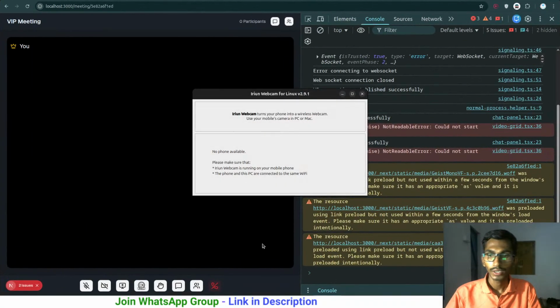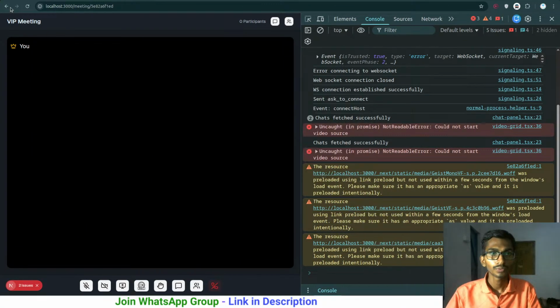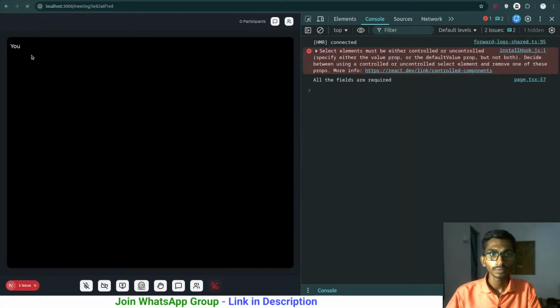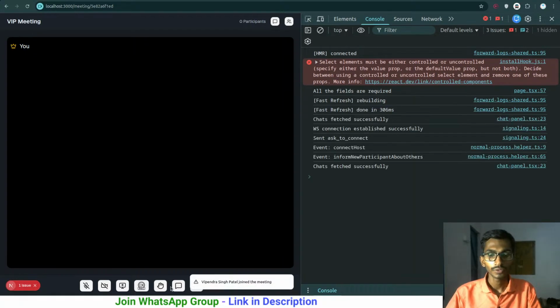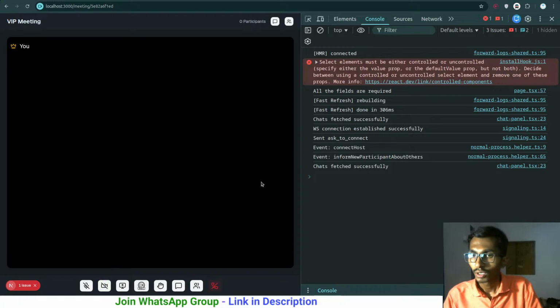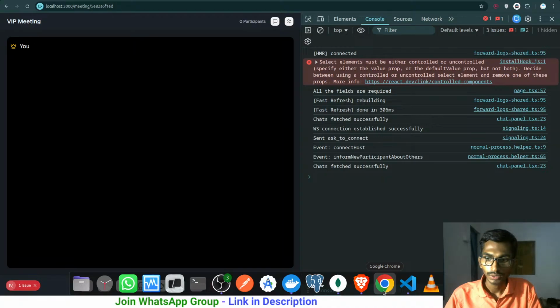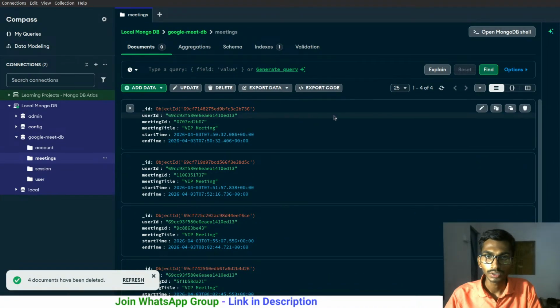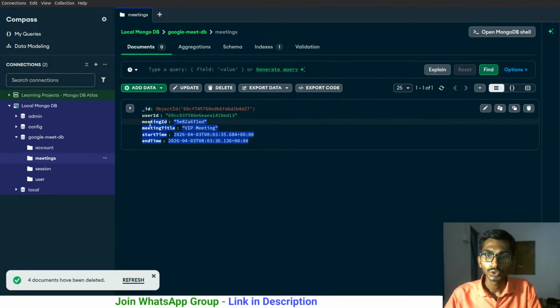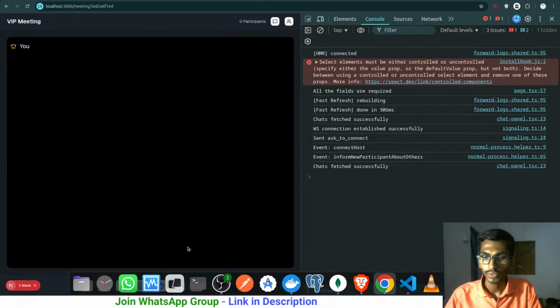By the way, once this is done, let me spin up Iron webcam just for testing purposes. Reload the page one more time. Yeah, still not facing that issue. Such a good thing. And we have a camera right now too. What is the next thing that we have to do? The next thing is that we have to check whether the user information is actually getting saved or not. So refresh it. User information is getting saved, and if I end the meeting right now,